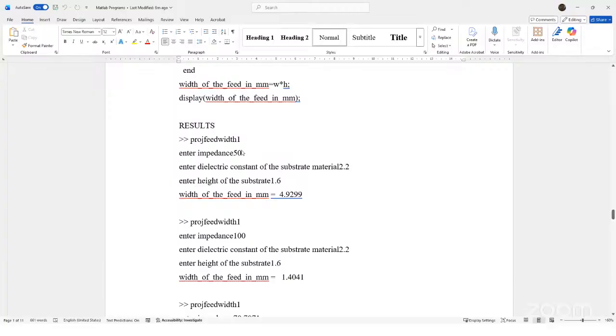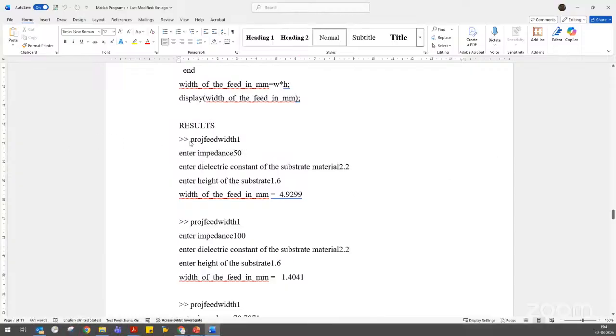For an impedance of 50 ohm, the width is 4.9 mm for a substrate of 1.6 mm thickness. For 100 ohm width, enter impedance 100 ohms, enter dielectric constant 2.2, enter height of the substrate 1.6 mm.